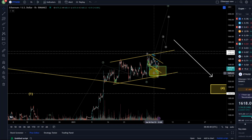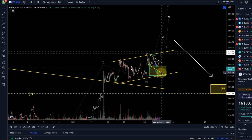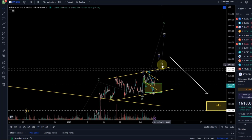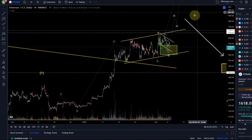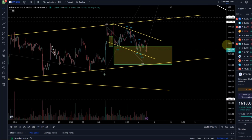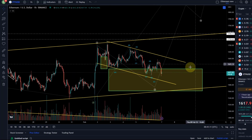And at the moment, it's still very much possible to count this as a possible 1-2 setup. We're now in the support area. We're getting deeper into support. And we could still get a third wave to the upside, a fourth and a fifth to finish off this 5-wave move. And looking at the lower time frame, again, micro counting, always here a disclaimer, micro counting